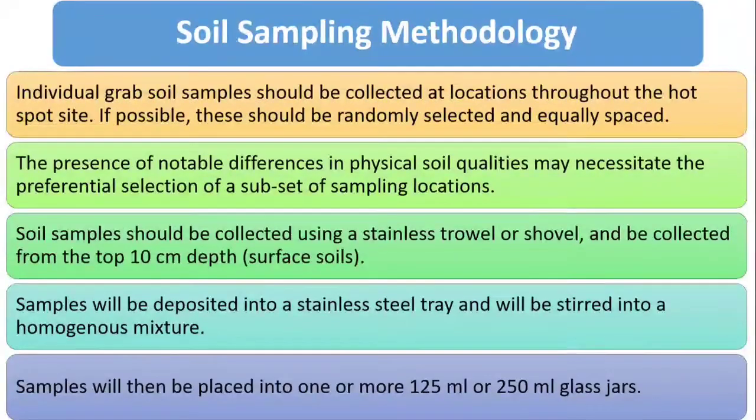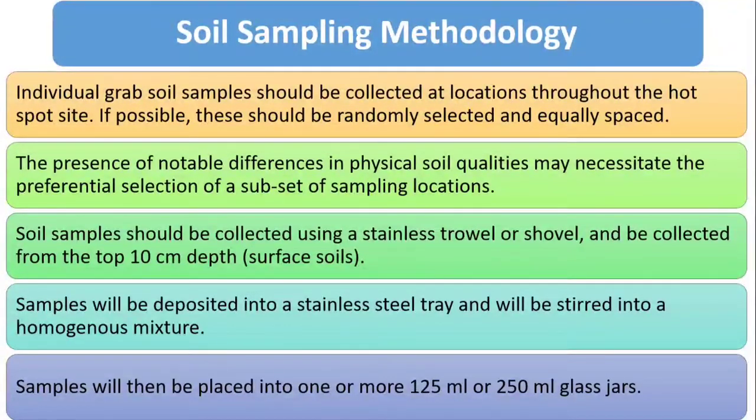Then we are in the soil sampling methodology. Individual grab soil samples should be collected at locations throughout the hotspot, and if possible, these should be randomly selected and equally spaced. The presence of a notable difference in physical soil quality may necessitate preferential selection. Suppose you have a nearby site and we feel that there will be a different physical characterization, like temperature or pH,